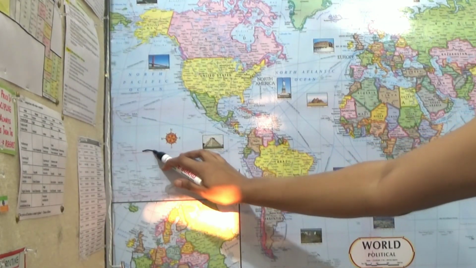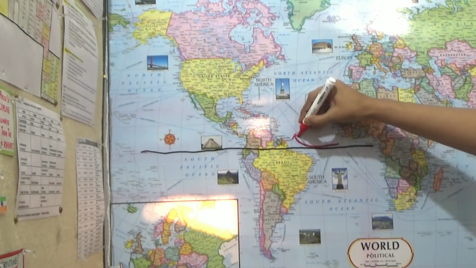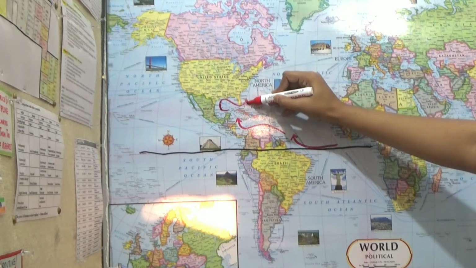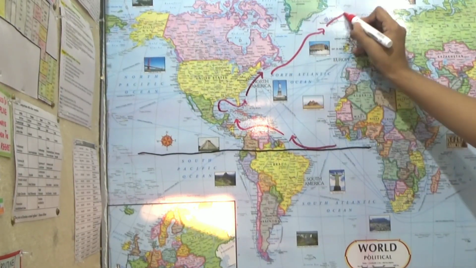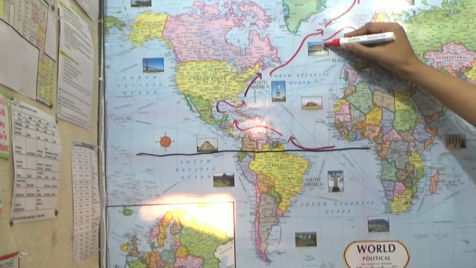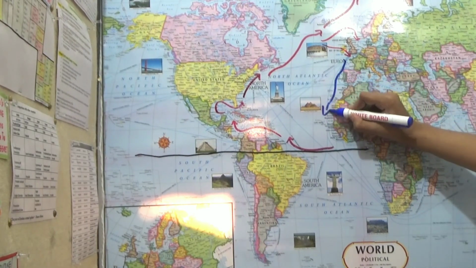Now I will practice ocean currents. So first of all I am drawing the equator, then the North Equatorial Current, it goes toward the Caribbean Sea, and then the Gulf Stream, then it moves as the North Atlantic Drift towards the north. Some current also diverges due to the Atlantic ridge present in between, and after hitting a few coasts